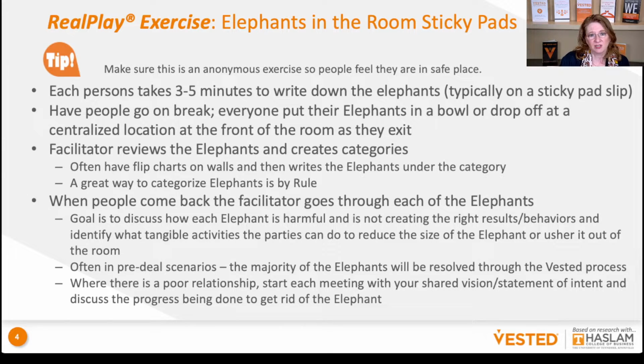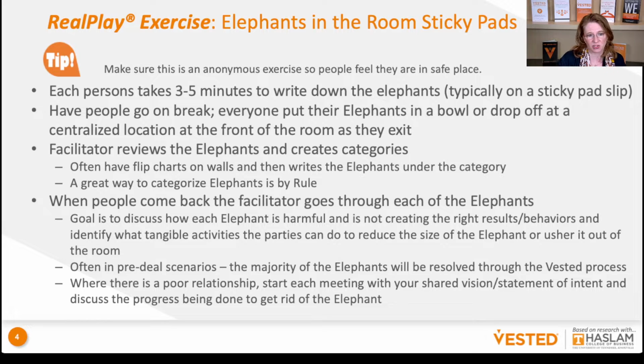Now, you as a facilitator are going to dig out those sticky notes, open them up, and start to categorize them. A great way to categorize them is by rule or in different themes. So when people come back, as a facilitator, you're going to create that safe space, and the goal is to put that elephant in the room on behalf of your client. It was something that they weren't comfortable doing and saying. So now you've got the power of this anonymous approach. You're going to take those elephants, pull that sticky out, and you're actually going to put it in the room